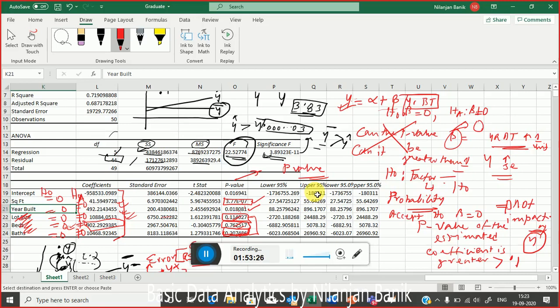So are we saying that in this particular example, the lot size, beds and bath have less significance? Not less significant, it's not significant at all. At that 10% level, that means we are only considering square feet and year build to find out the sales price. Yes. So let's say now you are writing a report, okay?